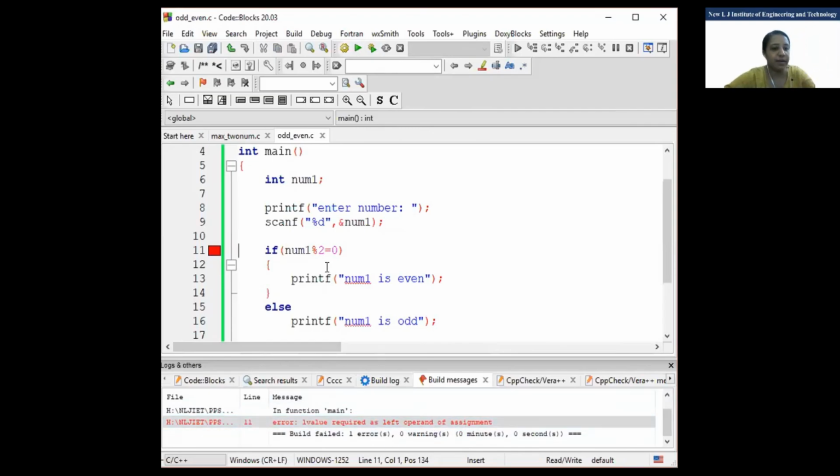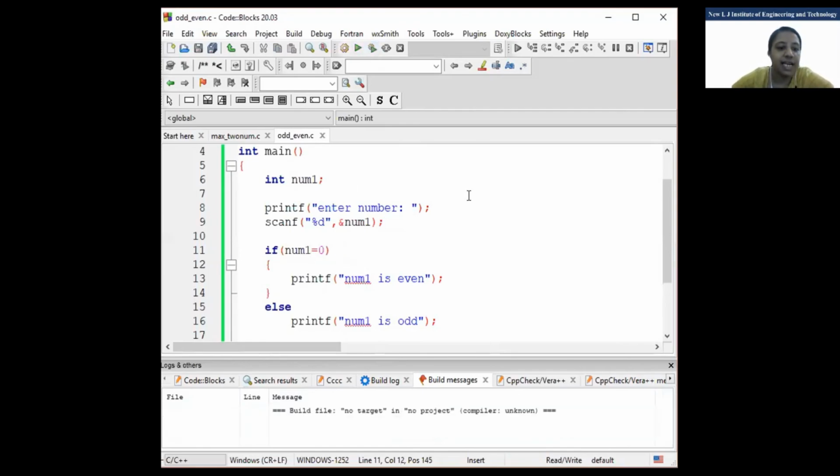Because we have used the expression here. But if I write num1 equal to 0, for example, then it will not give an error, because on the left side there is the expression. So see what happens if num1 equal to 0. It is not a condition, right? So suppose I have entered a number 7. Then also it will print what? Okay, just a minute. Here, instead of 0, I'll write any other value, 1.